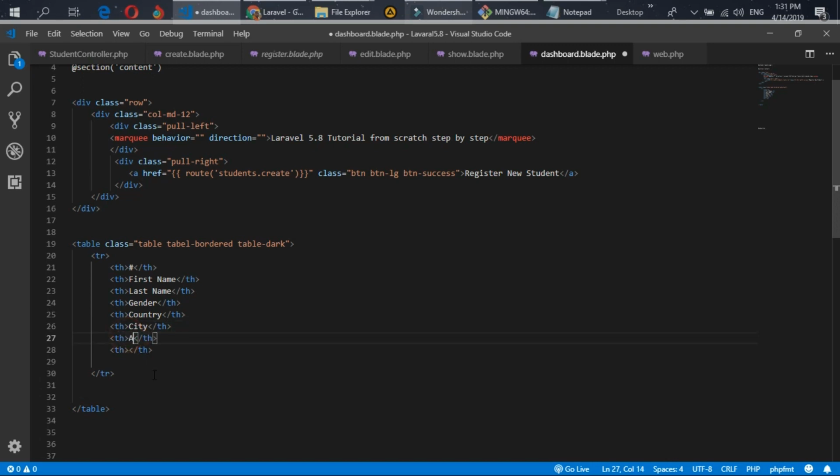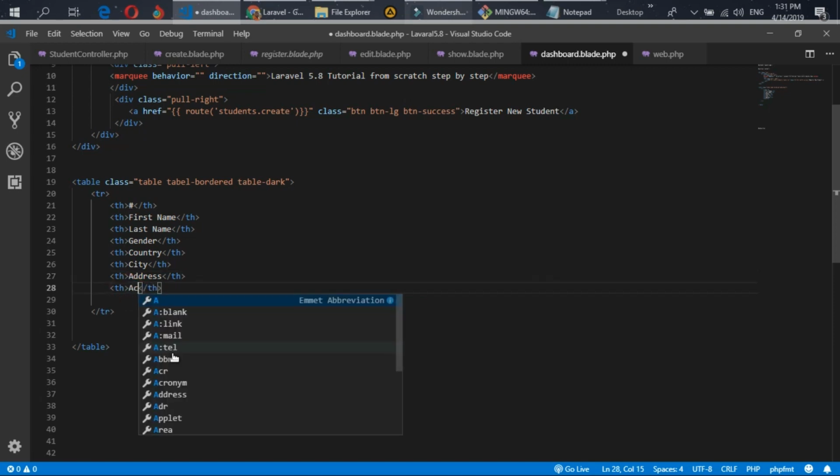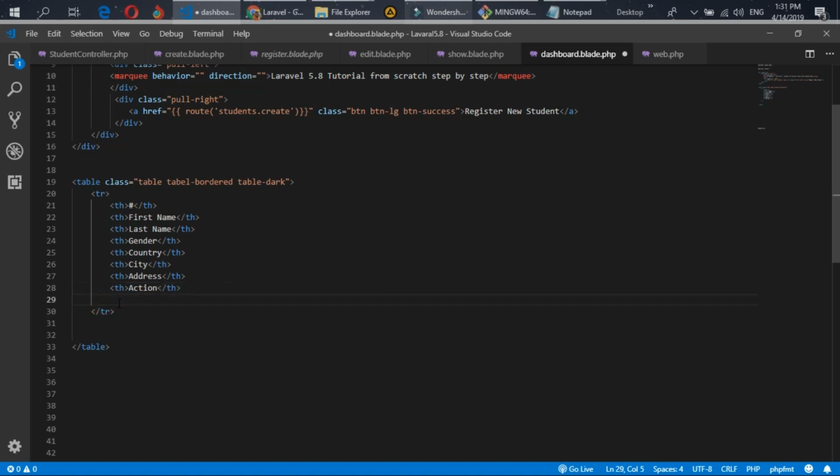The seventh one will be address. The eighth one will be action, for our edit and delete buttons. And after the end of tr, let's add another tr